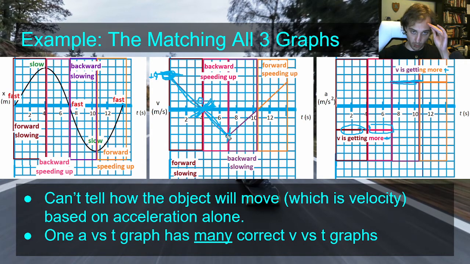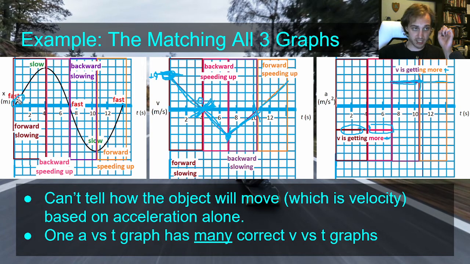So we need to go from where we were before with our velocity and get more positive until we cross the line. And when we do that in this section, our acceleration hasn't changed, but because we went from slowing down until we stopped, after we stopped, if the acceleration stays positive, we'll keep getting more positive, meaning we'll go forward and speed up. And what that looks like when we come over to the position graph is that we